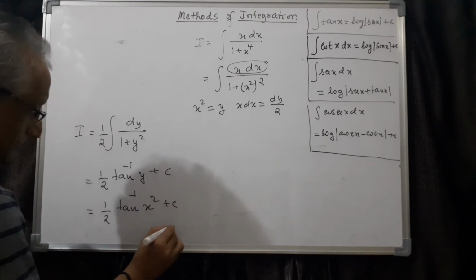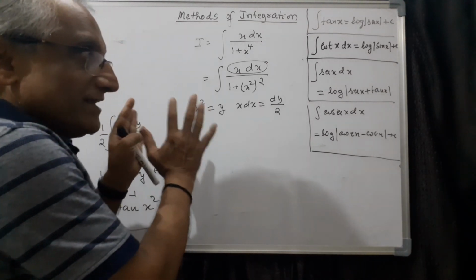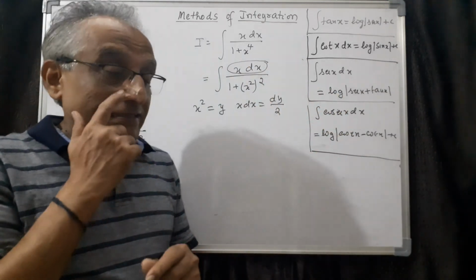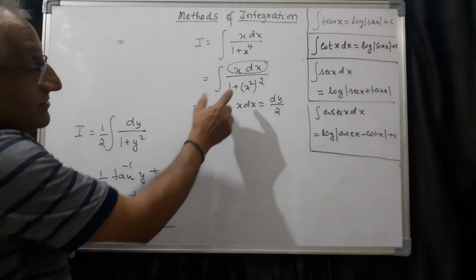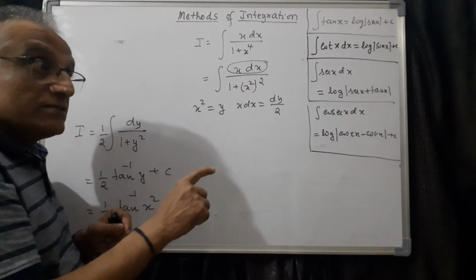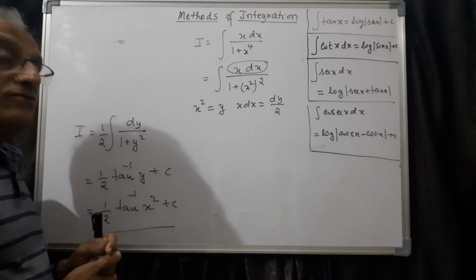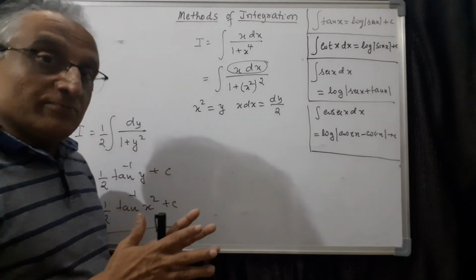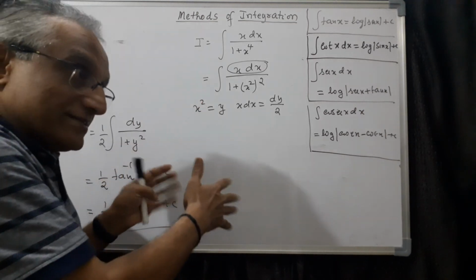plus c. Therefore, it is not always possible to just catch hold of that one and then substitute it. No, it is not like that. There are many difficult questions. Second, sometimes this function can be a composite function of 3 functions. Let us work out those questions later. That is also possible. There you should still be careful. Otherwise, you have to carry out the question in 2 different stages.